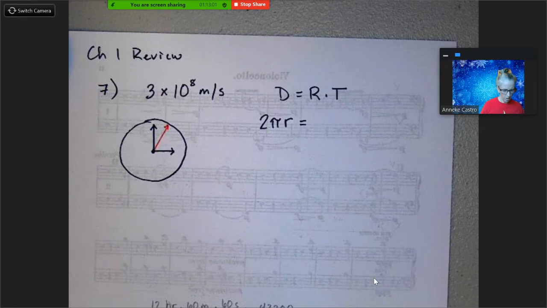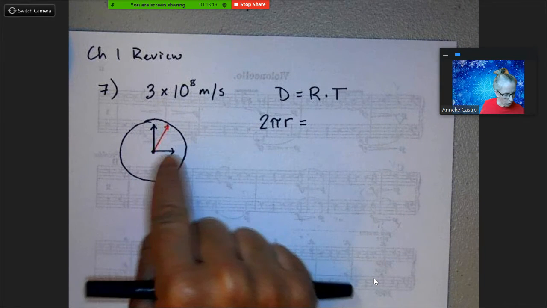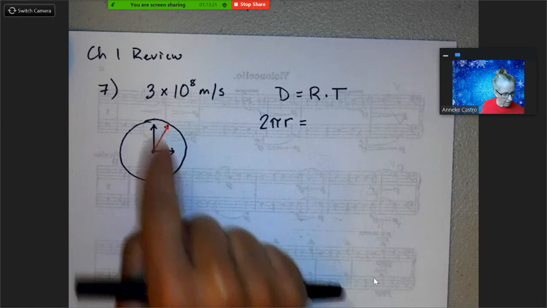Okay, here is problem 7 from the chapter 1 review, and this has to do with a clock where it says the second hand is moving at the speed of light. We want to figure out what's the radius of the clock. Okay, so the hour hand is the short one, the minute hand is the long one, and not all clocks